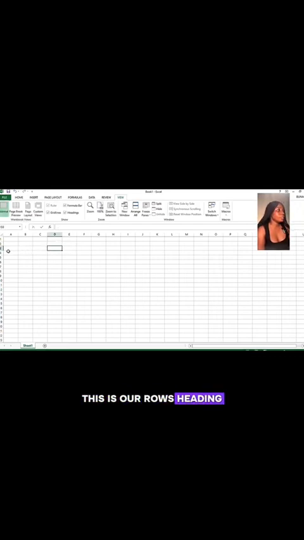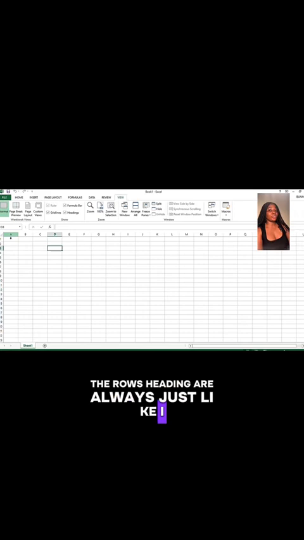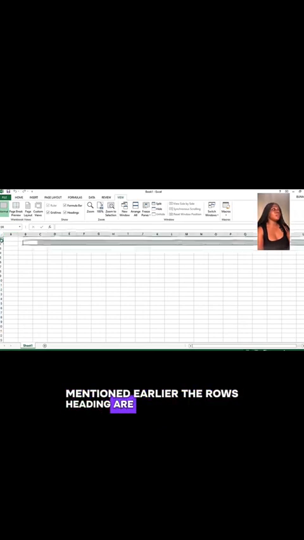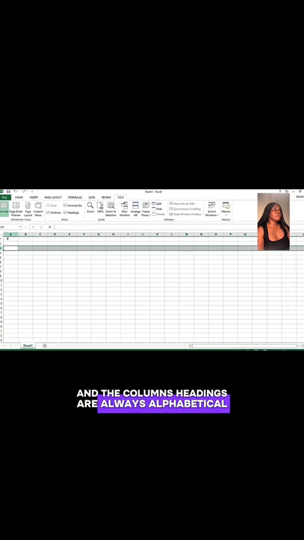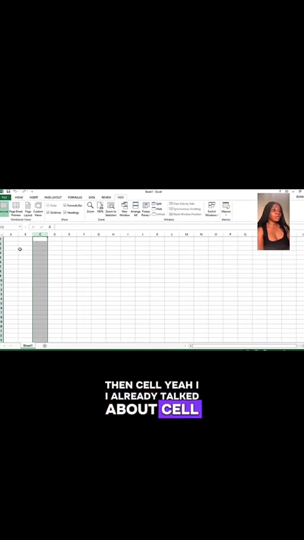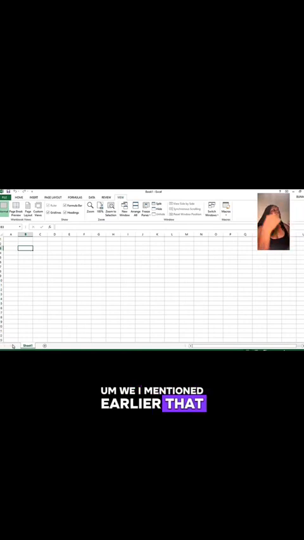This is our rows heading. The rows headings are always in numbers, and the column headings are always alphabetical. Then cell. I already talked about cell, and I already talked about cell referencing. Then navigating buttons. I mentioned earlier that